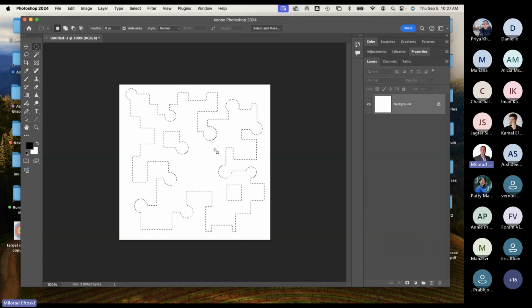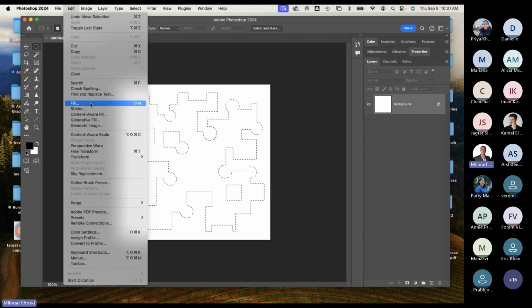So we utilize basic selections by using elliptical and rectangular marquee tools. Very simple, very basic. With the selection visible, what I'm going to do now is go to Edit, Fill. Edit, Fill. Photoshop will apply a fill to the existing selection. So if we go ahead and do that,